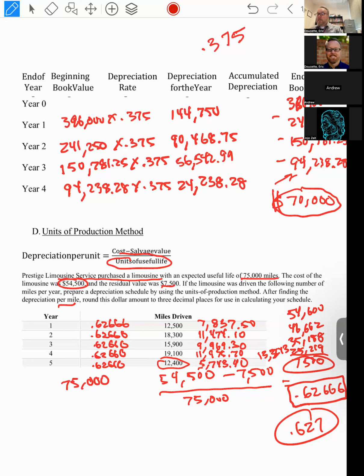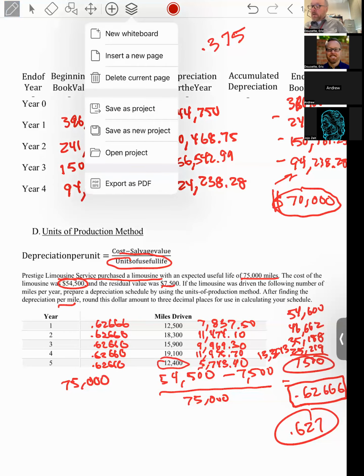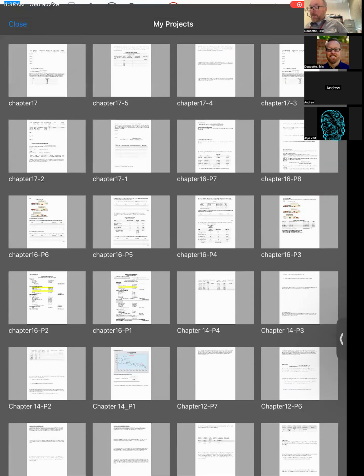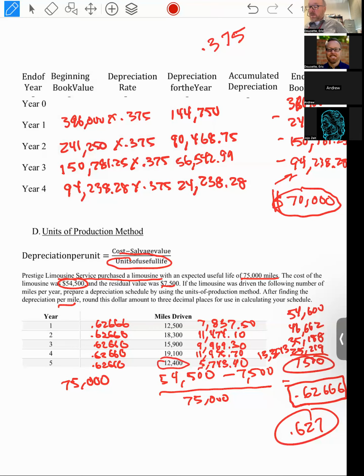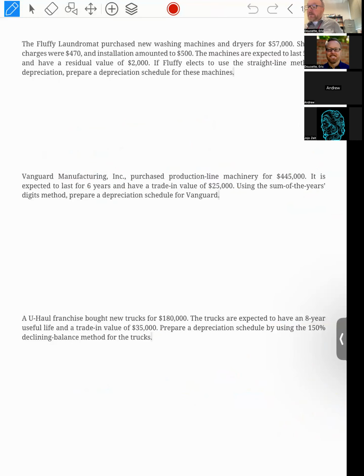All right, so this last page then just does all 3 methods one after another so that you can get an idea of how to do them all again. So we're not going to do a depreciation schedule, at least the whole thing. So this one says use the straight line method. So again, we have